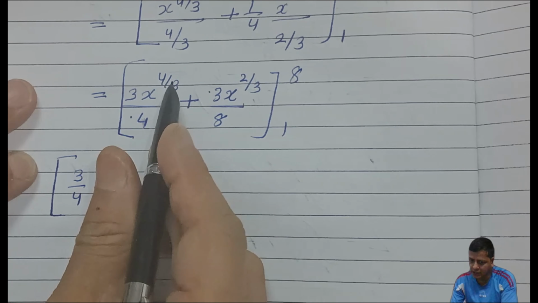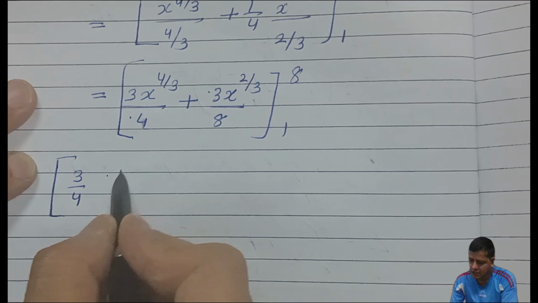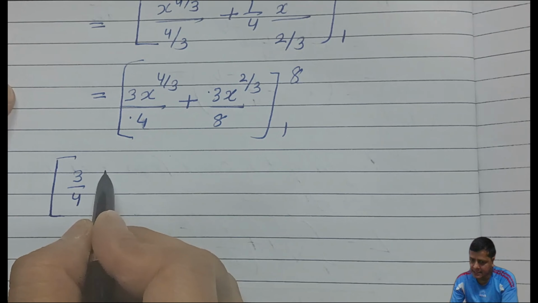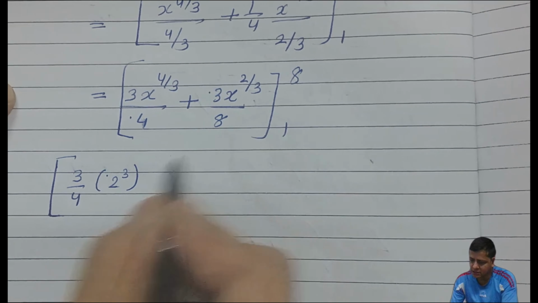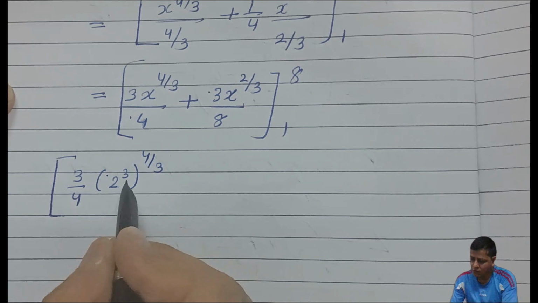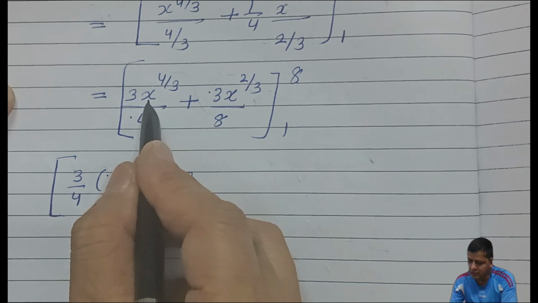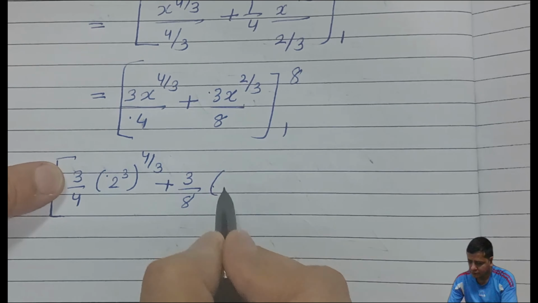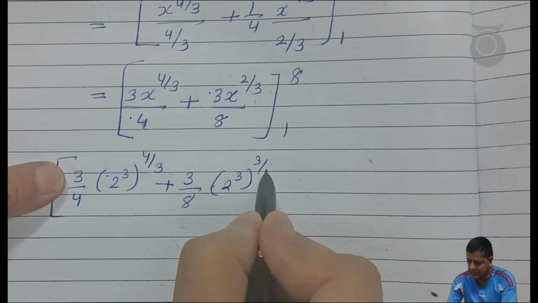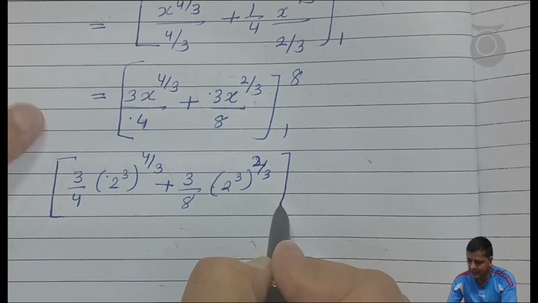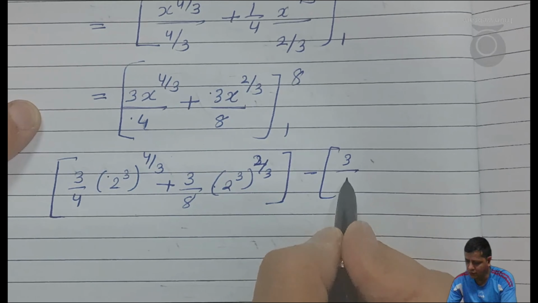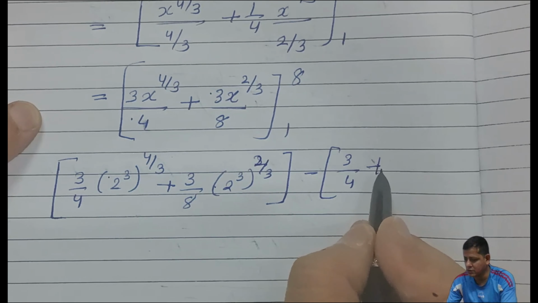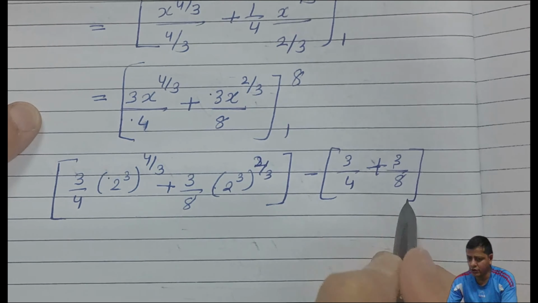So 3/4, we took it out and we bring this to the front. And then we can break 8 as 2 to the power of 3, so that we can cancel. We have to substitute x with 8, so we substituted in this format so that we can cancel them. To make it easier, we did that. 2 to the power of 3 is nothing but 8, we are substituting so that we can cancel the 2/3. This is one case. Minus, we have to substitute 1, so it will become 3/4, because 1 to the power of anything is nothing but 1. That's why we get this value here.